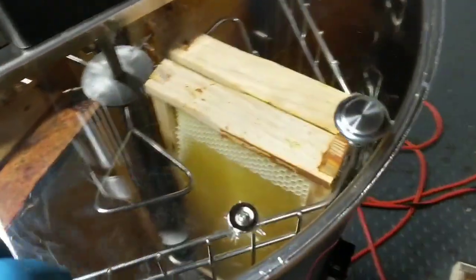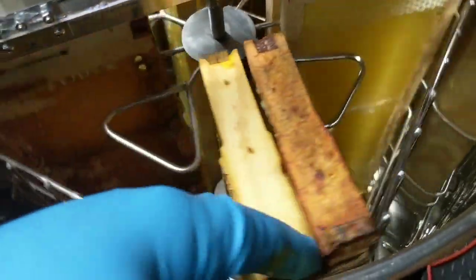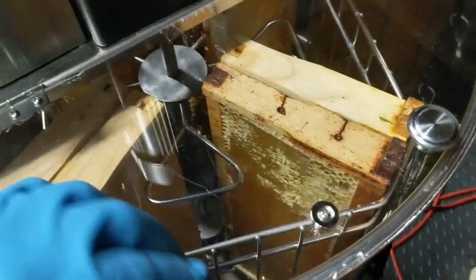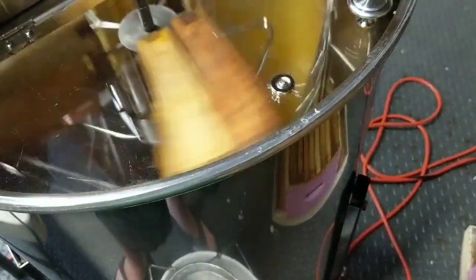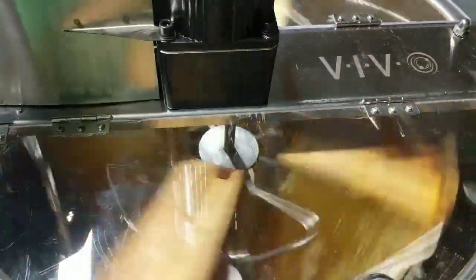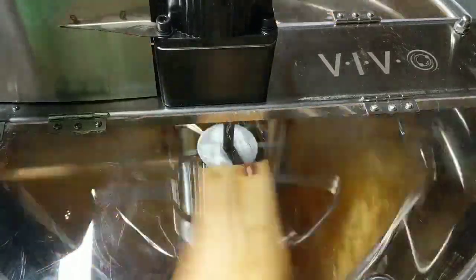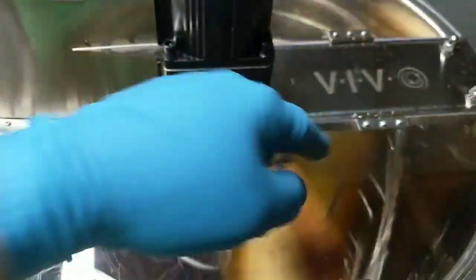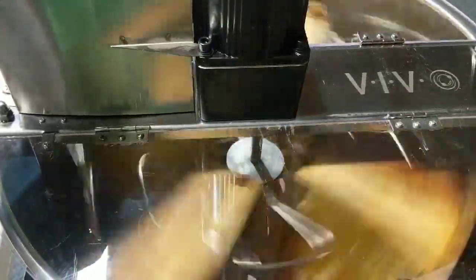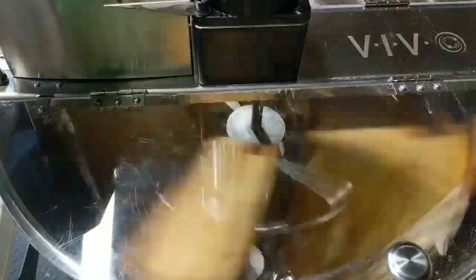Okay, so there we go. First 8 are in, powered on. So you can see it runs 8 tangentially. So let's see what we can do here. See how well balanced I have this thing. Again, couldn't get a Maxent or the 612 from Dadant, so bought this little Vivo. And I think as long as your honey is nice and warm and you have this thing balanced,